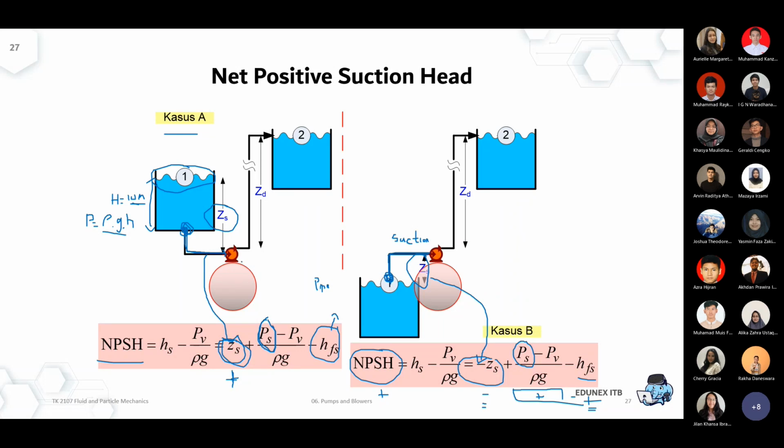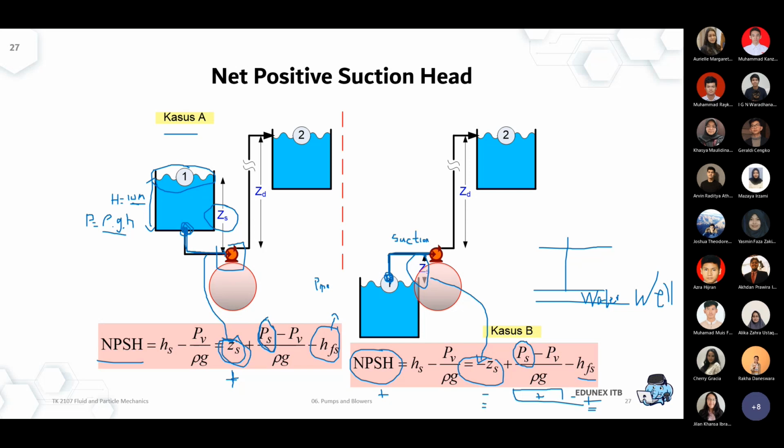Or maybe you can locate your pump better. Okay, you put it somewhere underground. That can help you to prevent cavitation. But that's not always the case. Again, the obvious example is your water well, as explained in the previous case, where you try to find a water well in your home because you don't get PDAM supply, for example. So sometimes it's not convenient for us to put the pump underground.